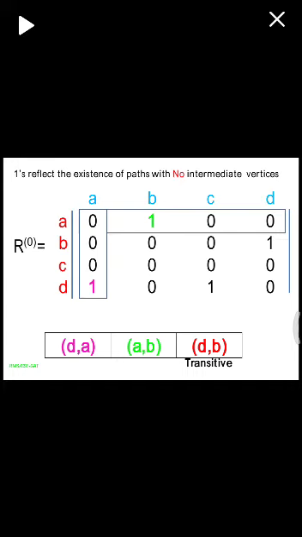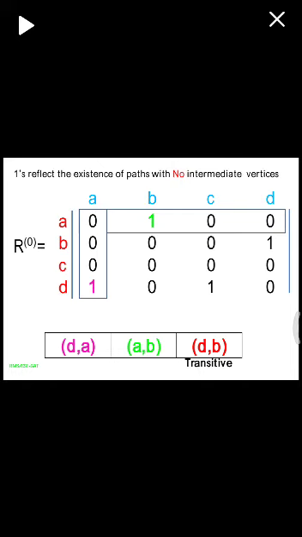First select the first column and first row. Now from the first column, we need to find the location of the value 1. In the first column I have 1 at the location D comma A, which I have represented using pink color. So D comma A is 1. Then we need to go to the first row and identify the location of 1, which I have represented using green color. So the 1 in the first row is at the location A comma B.